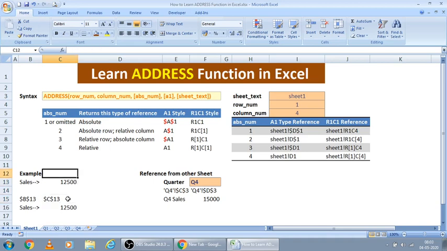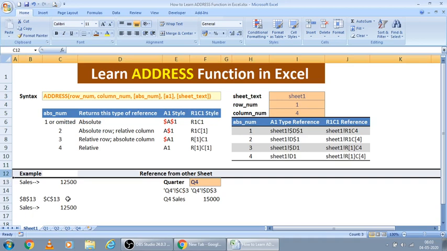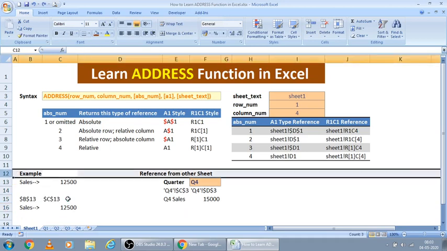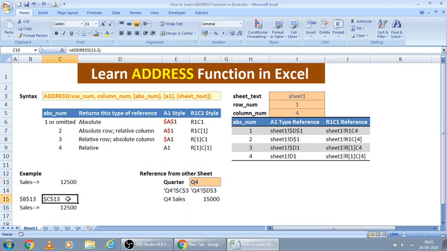What if I insert a row here, so that it is now in C14, but it is still showing as C13 only here. How to do this dynamically? To get the values from this input, I have used a function called indirect, and I am just putting the text generated from the address function.